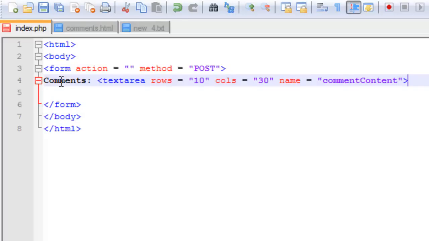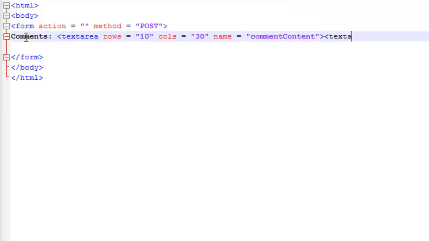We do have to close out the text area because you've got the option of writing what you want to appear in the text area right here, but we don't want anything to appear. Let's add a quick break tag,